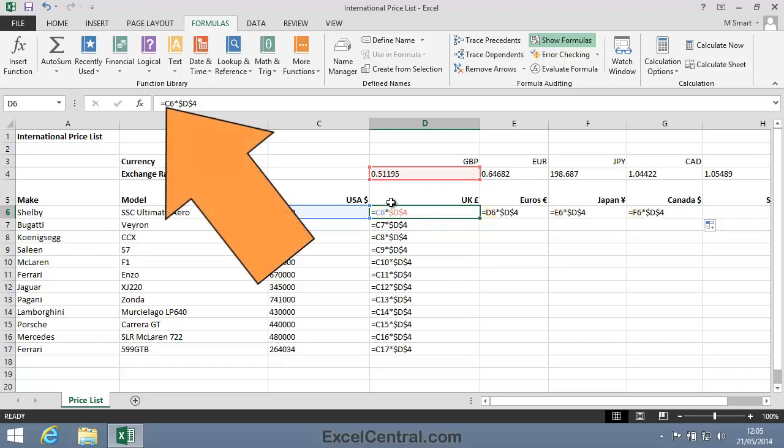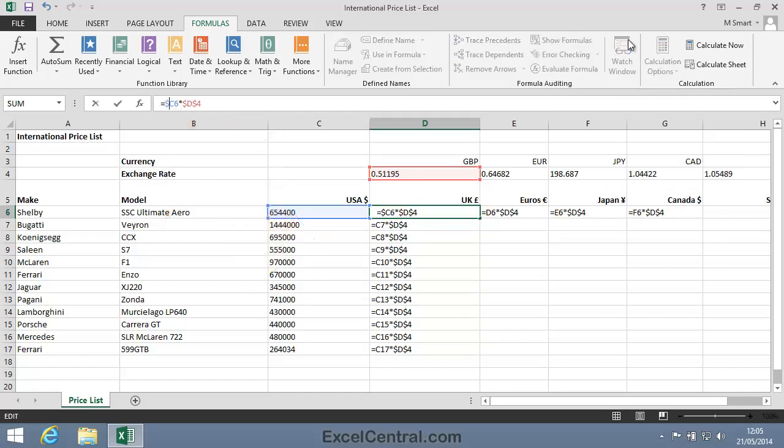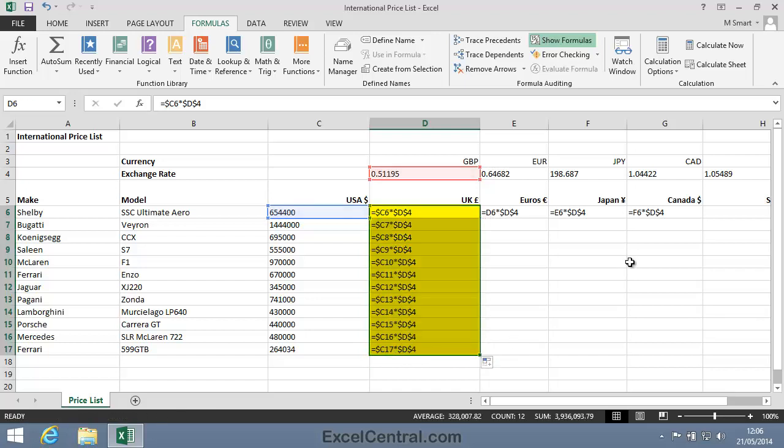So if I add a dollar sign just in front of the C part of the formula, everything should work fine. Let's begin by autofilling that formula down column D. Now remember, all these formulas are correct in column D, so apart from that dollar sign, I don't expect any of them to change. Let's autofill down, and you can see that that is the case. None of those formulas have changed.